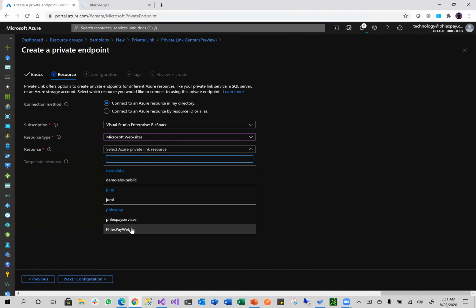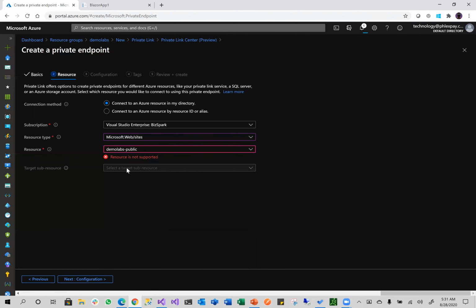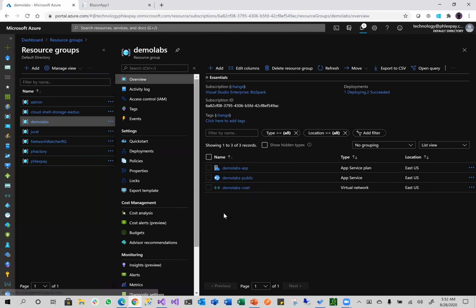Okay, then you select the website that you want to use. In this case, I want to use Demo Labs Public. And as you can see, resource is not supported. So for us to do this, we would have to go back here, cancel out of here, go back to this guy right here,